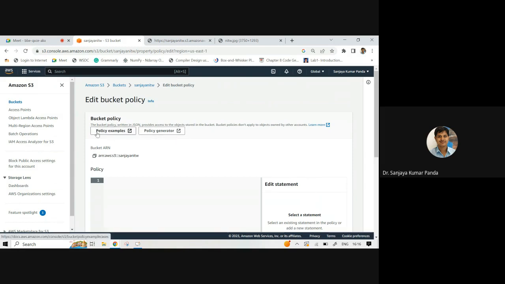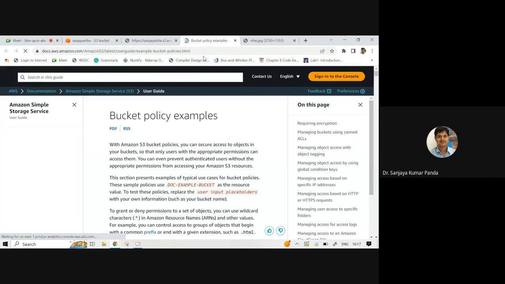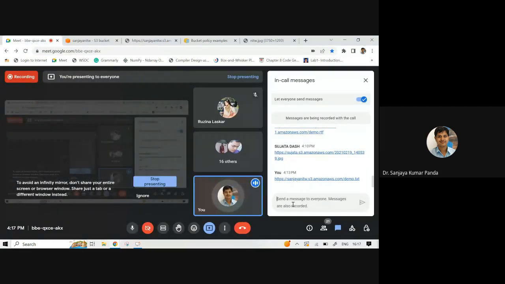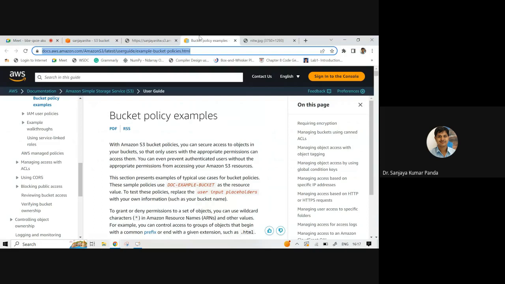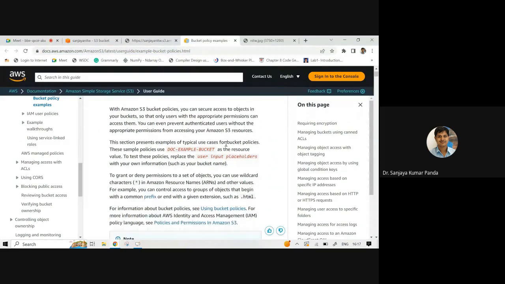It is showing the policy examples, and it is showing you the policy generator. Let us go to the policy examples. On this page, you will find numerous examples by which you can understand how to write the policy.